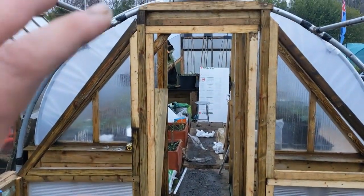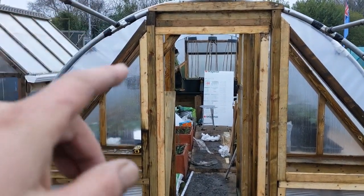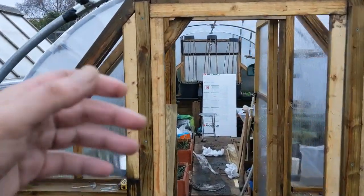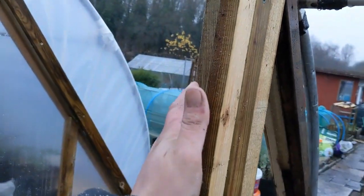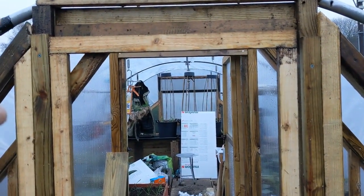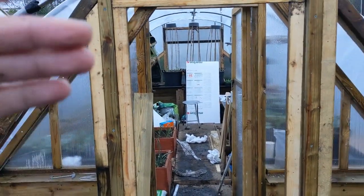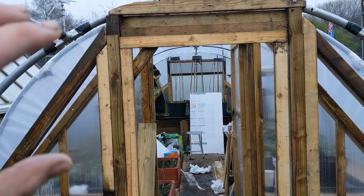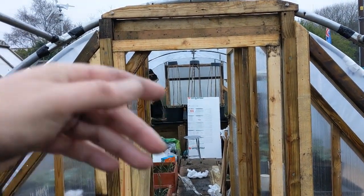Now that's just the first part of making the door. I'm going to affix the polycarbonate sheets now and staple those on this face, the flat yellowy face. These are slightly rounded, these handy battens. So the flat yellowy face is where I'm going to fit my polycarbonate on, and then give it another layer, if you like, of thinner handy battens on the back of it, so that the sheeting,